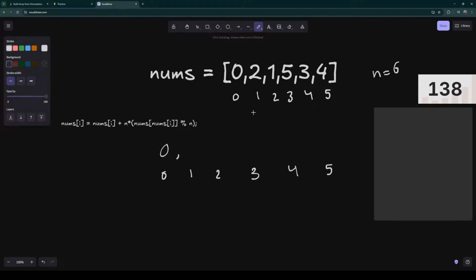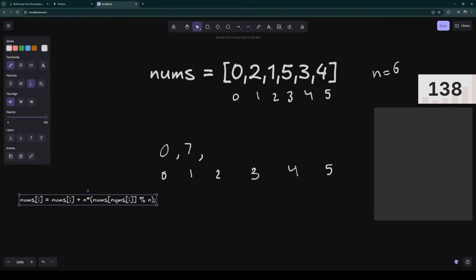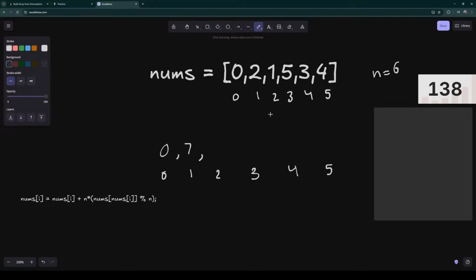Now here, nums of 1 plus 6 times nums of i, which is nums of 2, which is 1 mod 6, which is 1. 6 plus 1 is 7. So here we will store 7. Okay, for here nums of i, which is 1,